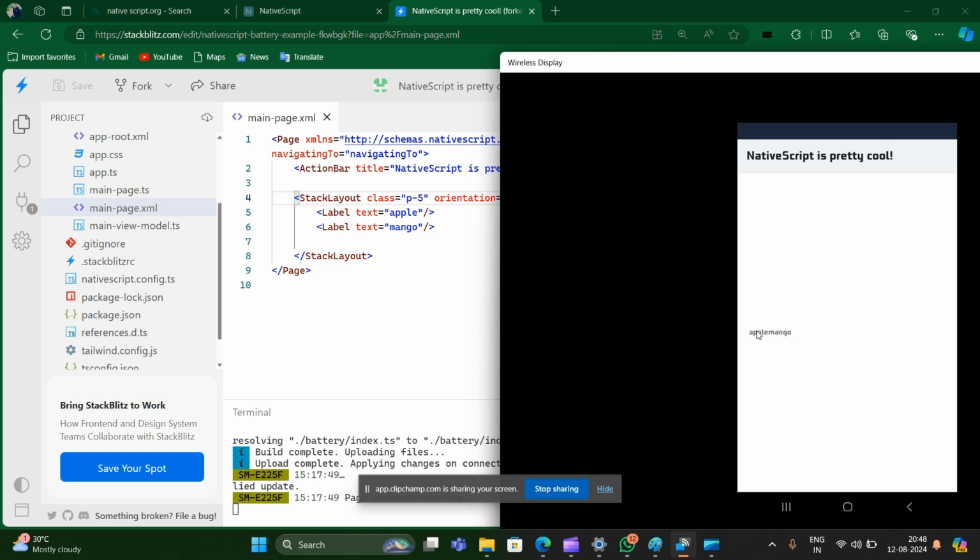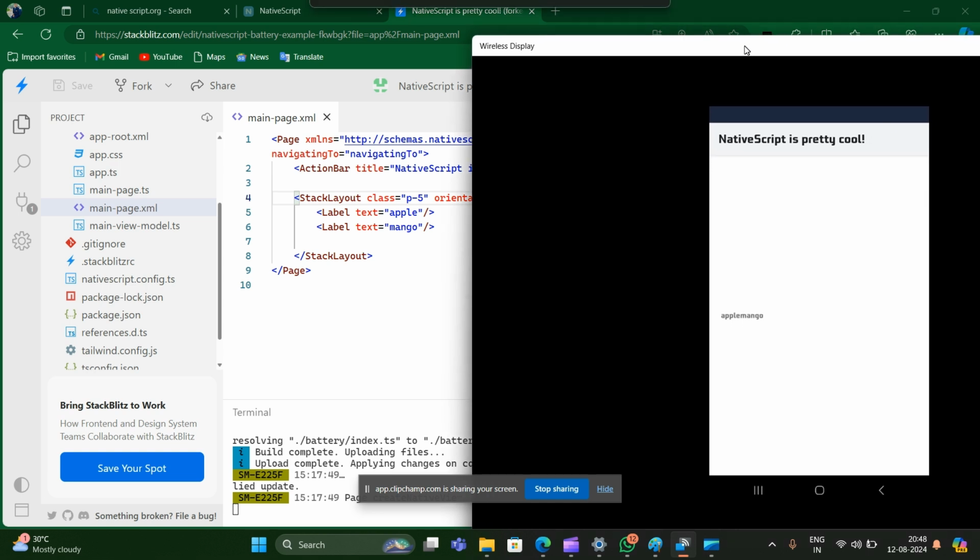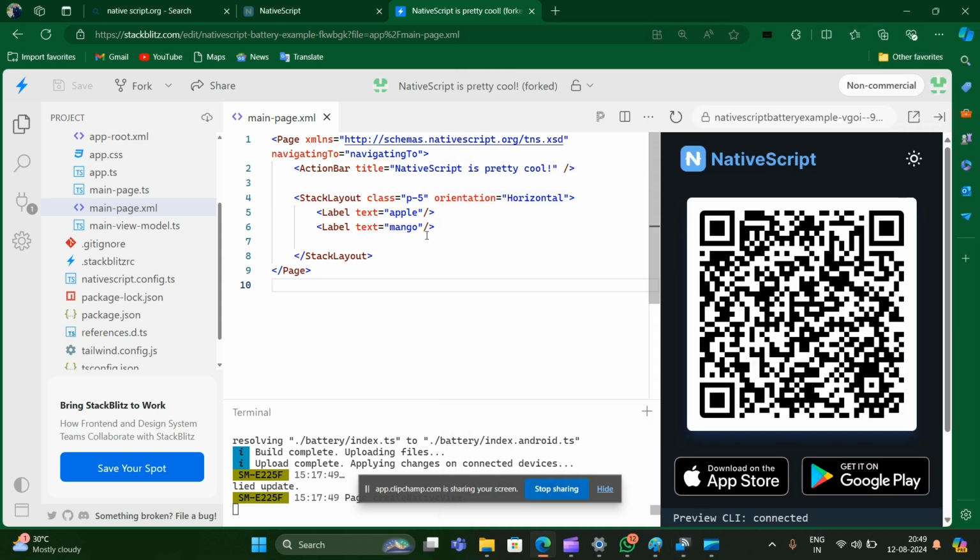If you want to add two elements, you can see this is the full 100% width of the mobile screen. When you want two elements, you have to give 50% width to both of them. You can do that. I am going to give the class to them. Just for your understanding, I will show you that in the upcoming videos.